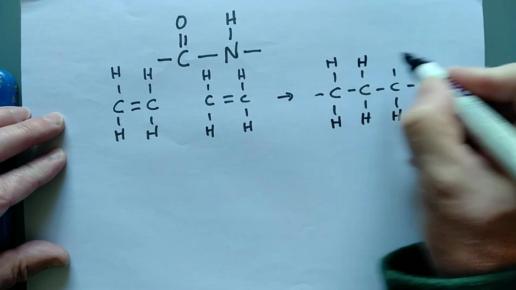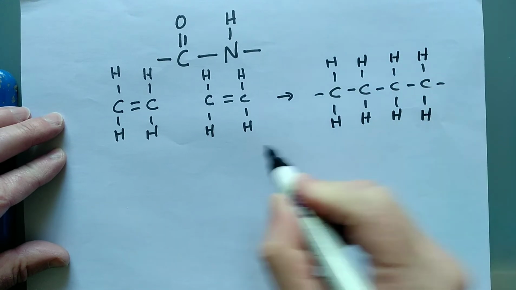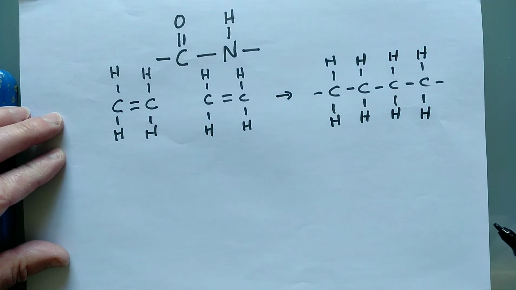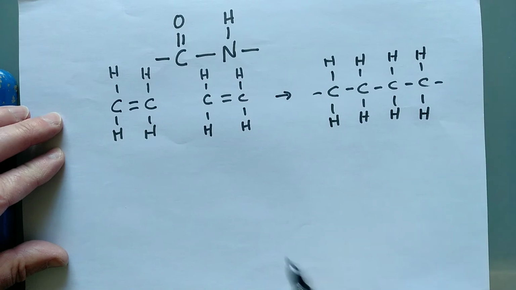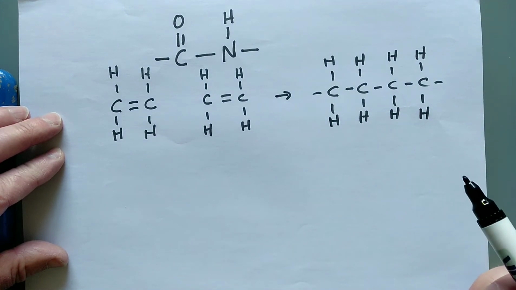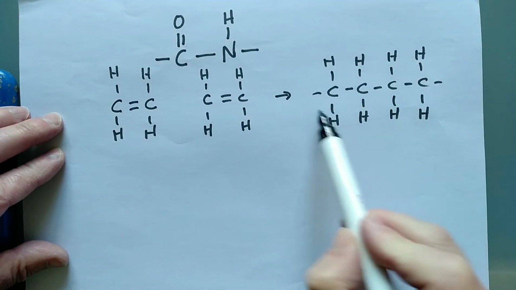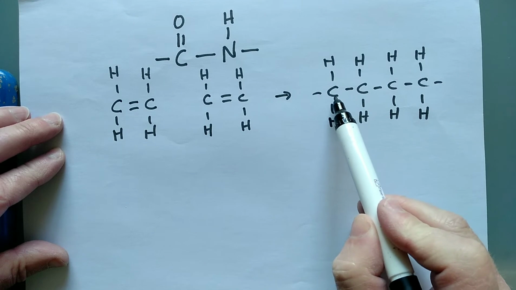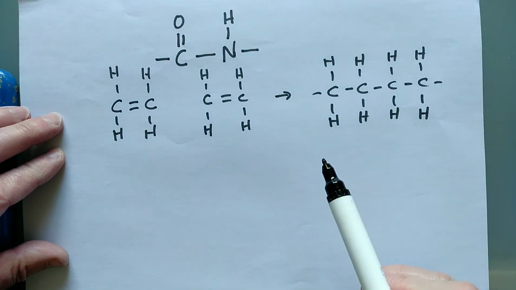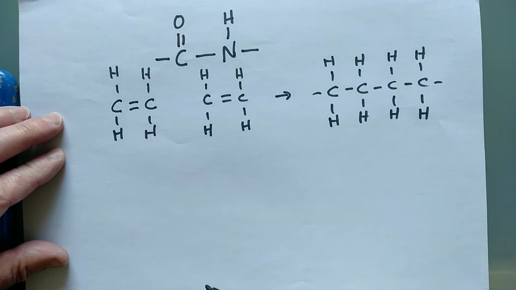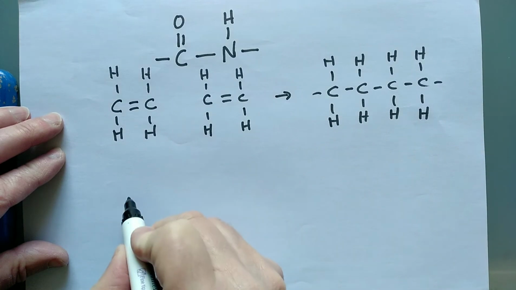So you end up with this great big long chain of carbons with hydrogens on either side of it. The actual repeating unit here is a little difficult to spot, because you could say it is two of them like that, because that's what it is. But also, it's actually the same as having one of them just repeated all the way along. To do something which is a little bit more obvious to spot the repeating unit, the thing which carries on repeating throughout the polymer chain, if you did something like